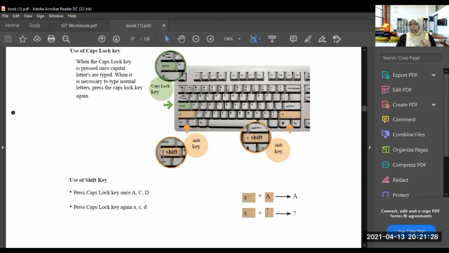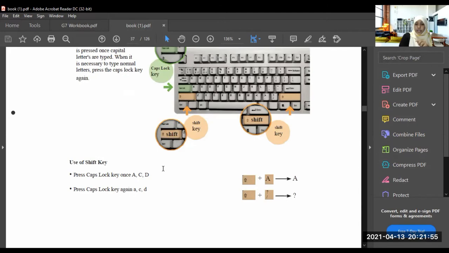But normally the letters on the keyboard are written in simple letters. If you want to write simple letters as capital letters without switching on the caps lock key, you can use the shift key.